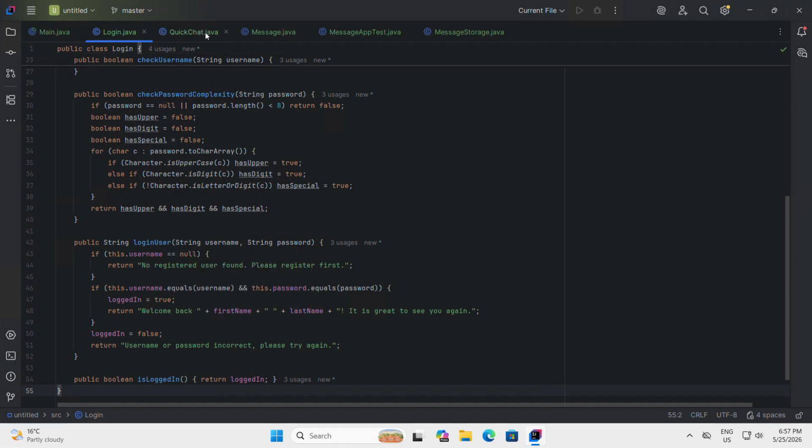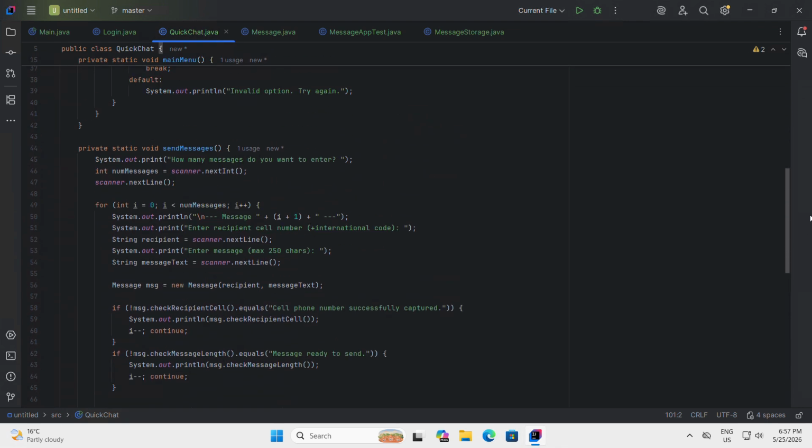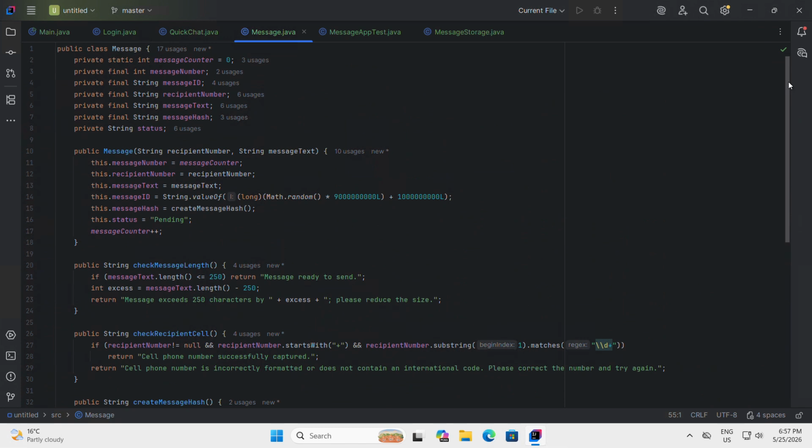And this would be my QuickChat and my Message Java. My Message Java is the data class. The constructor generates a random 10-digit message ID and calls createMessageHash.